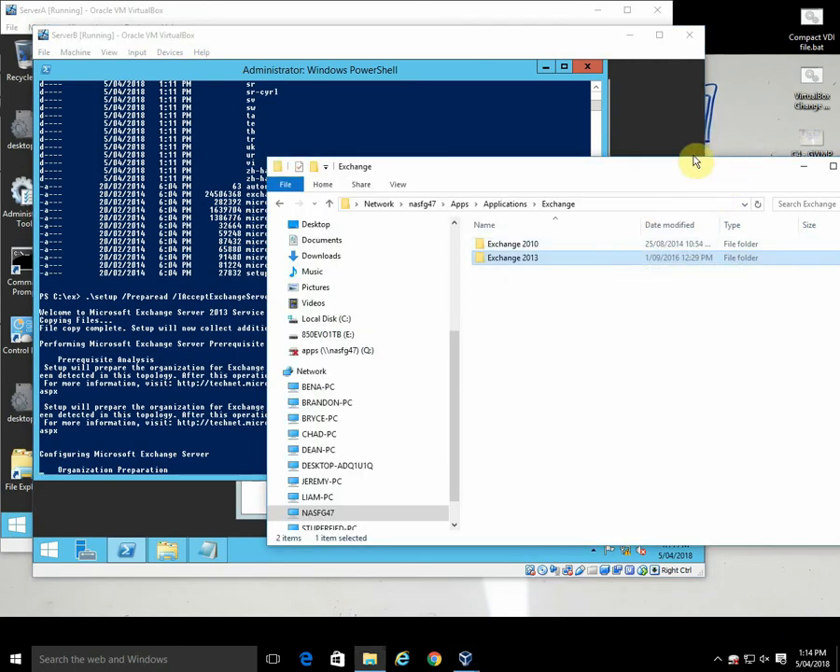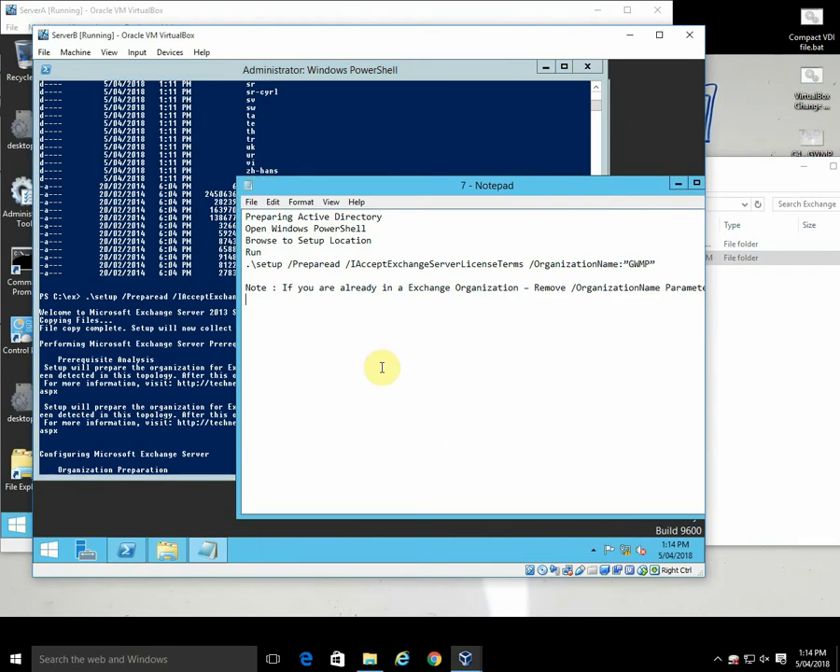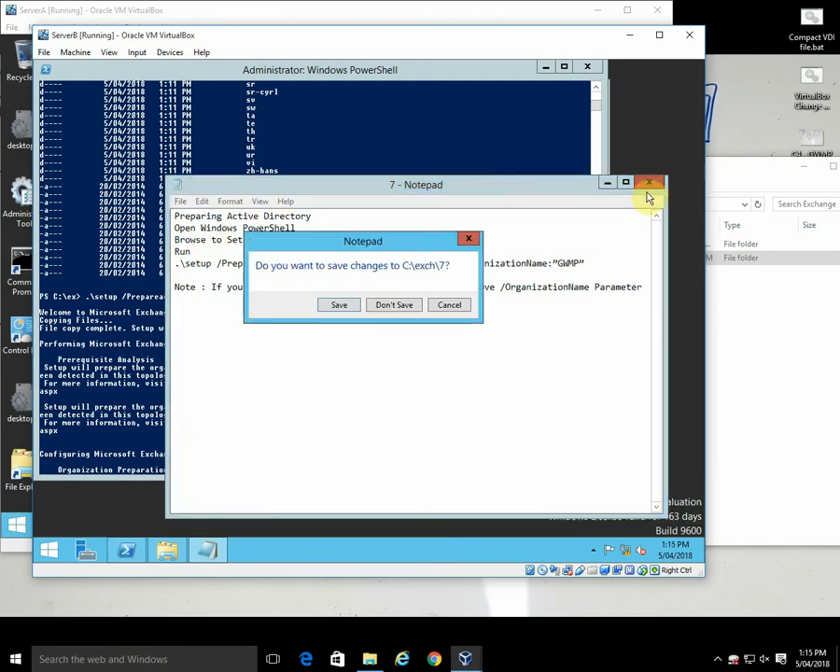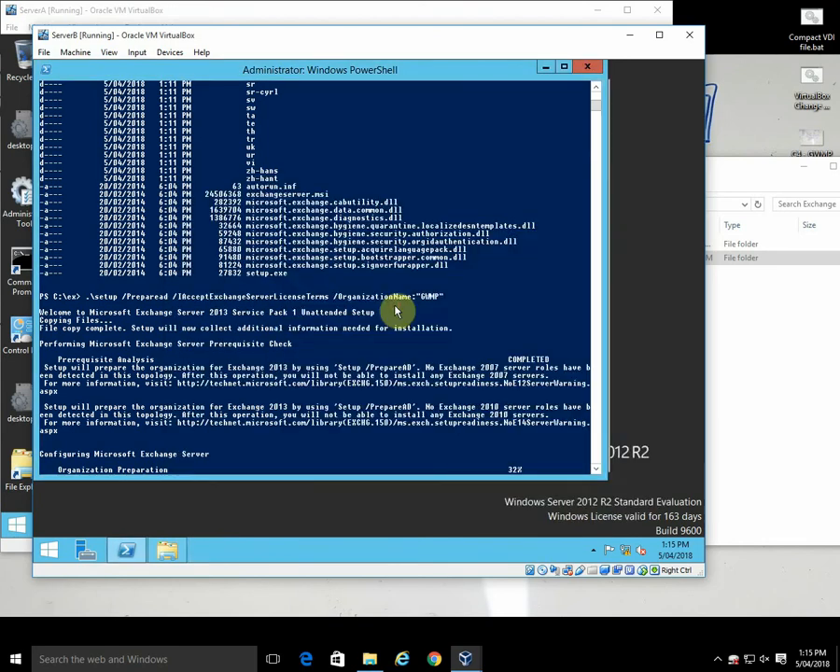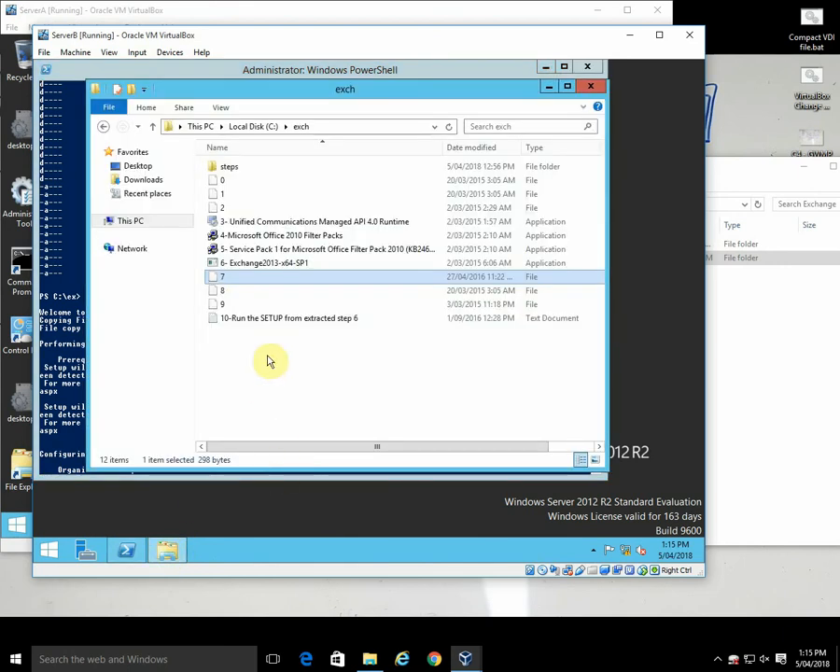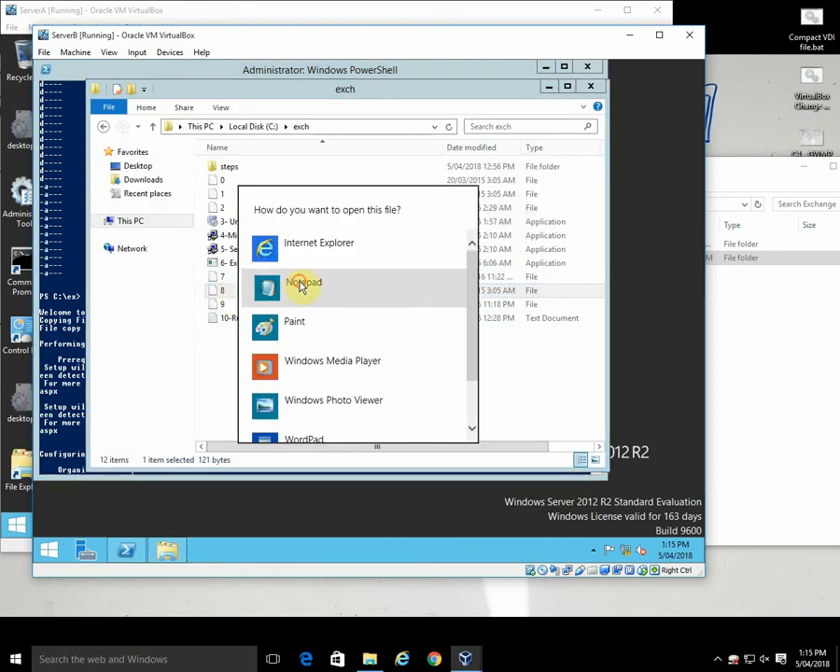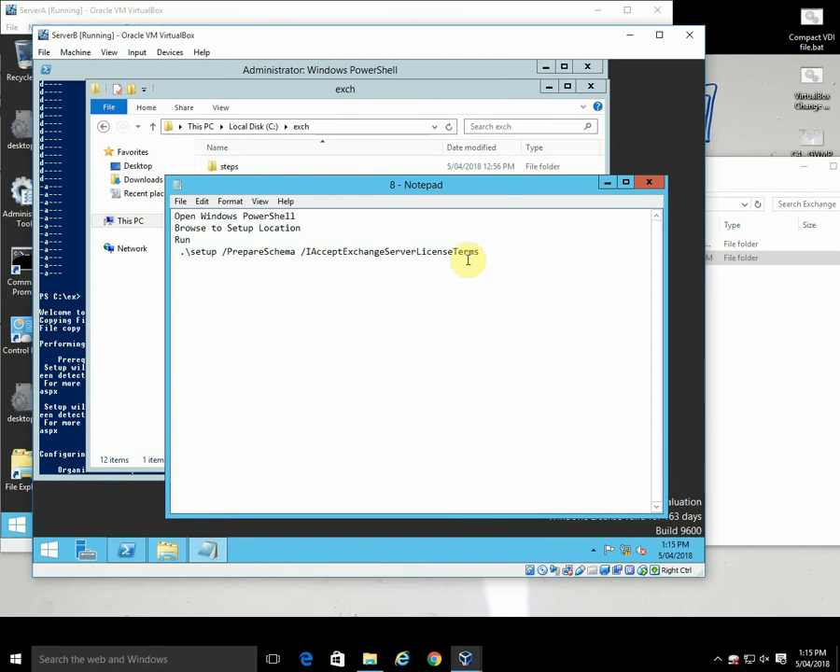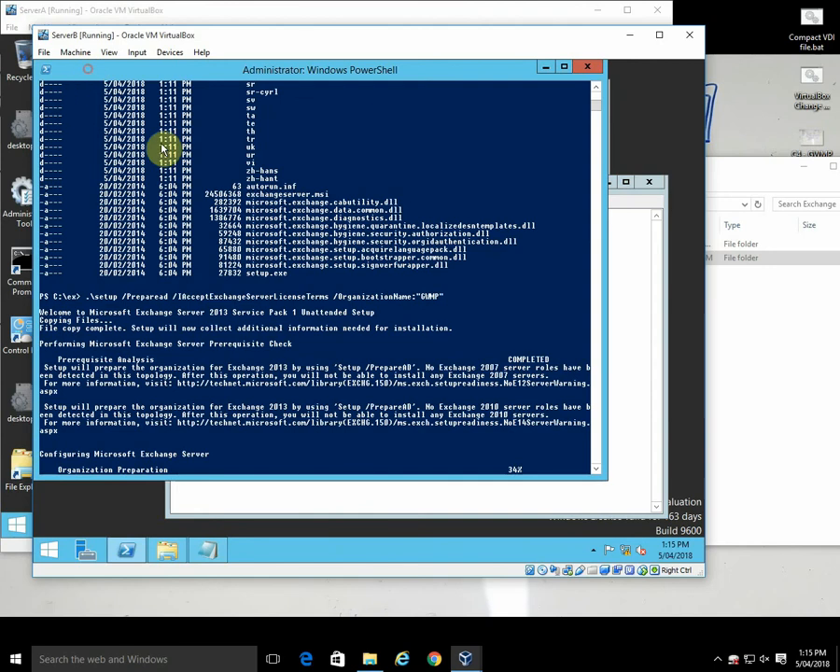Just a quick look back at our notepad. Okay, so then we'd be on to the next step. Okay, so let's have a quick look at the next step. I don't want to save any changes. We just changed the default organisational name to Get Well Medical. We don't need to save it. So here's step 8, open with Notepad, and we can see that that would be the next line that we're ready to do. So back to our